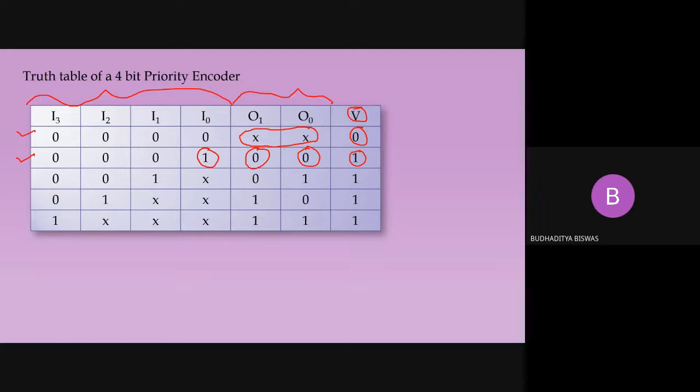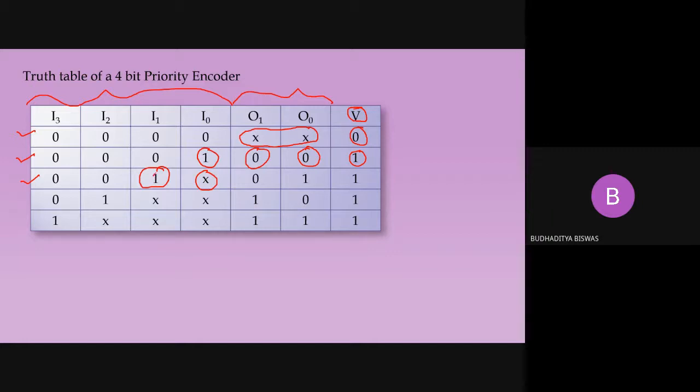Similarly, just check this one. This is the main thing you need to understand here. You see, when I1 equal to 1, and I0 equal to X, meaning a don't care condition, then 0, 1 will be generated. So based on the 0, 1 priority level, the processor will act accordingly. And here also the valid bit is 1. Here the beauty is that when the second interrupt I1 is coming, whatever the status of the first interrupt I0, it may be 1, maybe 0, the encoder will not look at this value, because I1 has more importance.